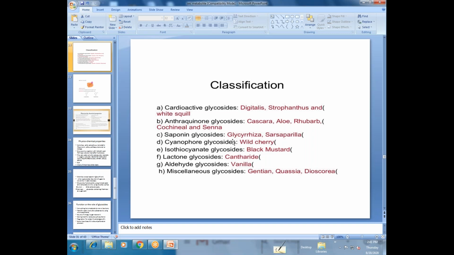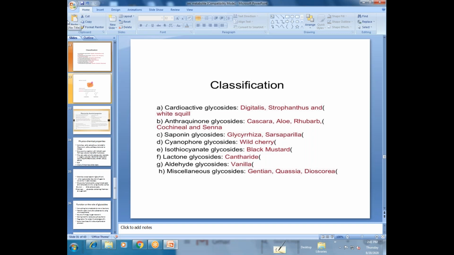So the glycosides are classified based on four things, right? What are those? Glycon, aglycon, linkage, and their uses. Uses: cathartics, cardiotonics, analgesic, antidiuretic, anything you can write, but give an example for that. You can write a minimum of 4, maximum to your wish. So you just write those: cathartics, cardiotonics, analgesics, antirheumatics, or the